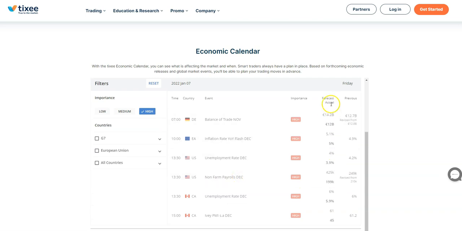Now, the column you want to focus on is this one right here with the forecast and actual figures. If we look at the top, the forecast figure was 425,000. The actual figure came in at 199,000, which is less than half. Now, this impacts the currency negatively, and which is why, for example, if we look at the